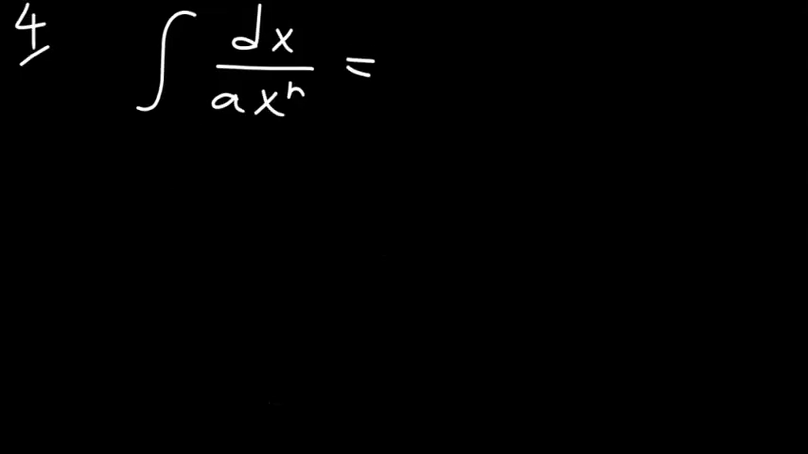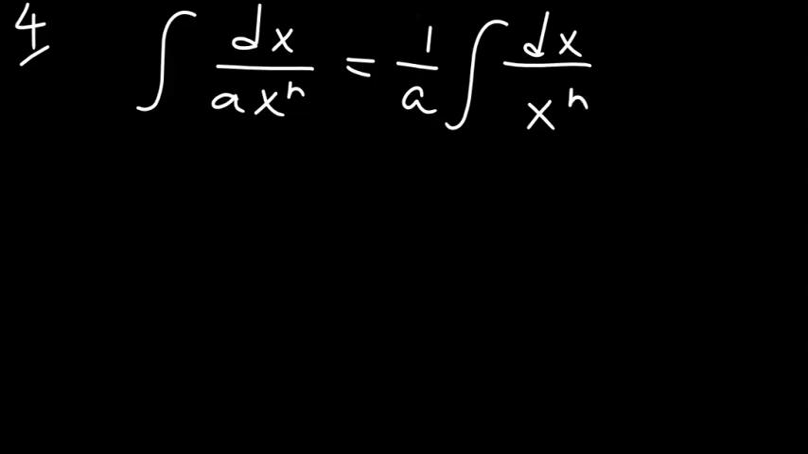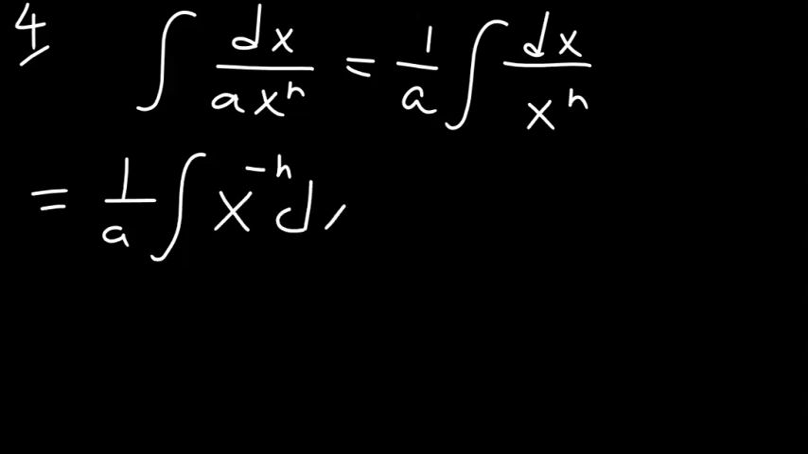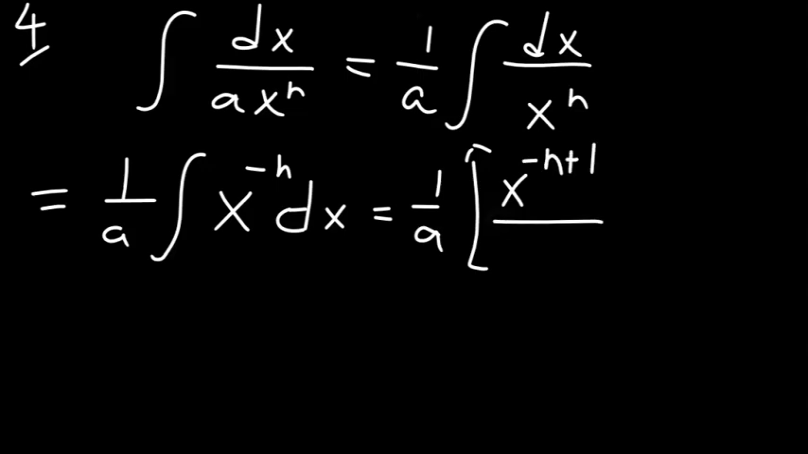A is a constant, so you can take that a out of the integral sign, leaving you with that. And if you rewrite it, it is just x to the power minus n, and it's also a constant, dx, and it will give you 1 over a, raise the power of x by 1, you get that, and divide this result by that power,